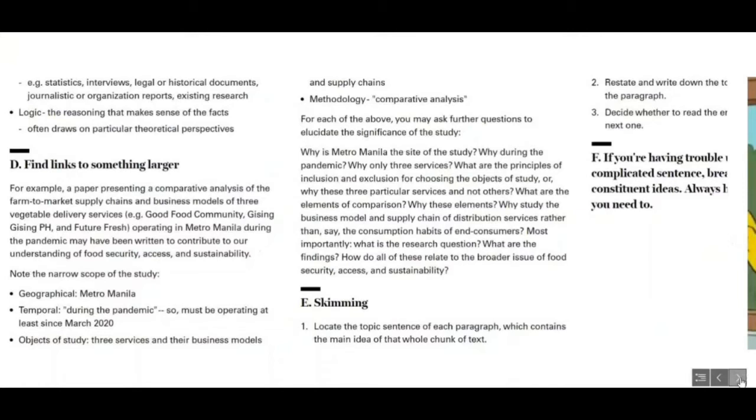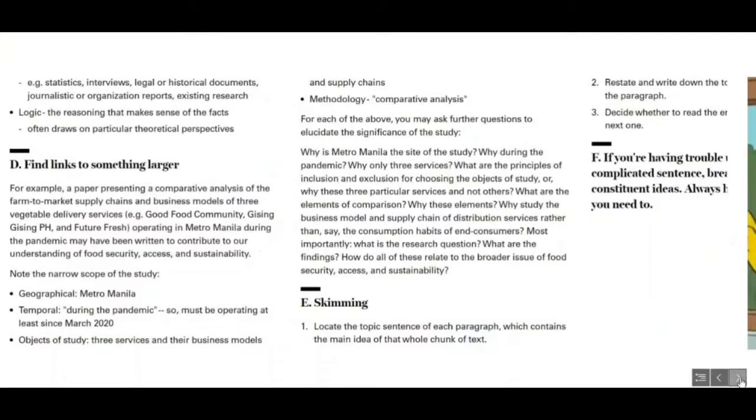Ganyan. So one of you might be working on agrarian reform and one of you might be working on business models and supply chains of food delivery services in Metro Manila. They seem to be, if you just look at the specific research topic, barely connected at all. But when you find the links to something larger, let's say the something larger here is